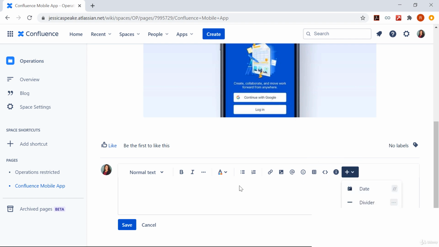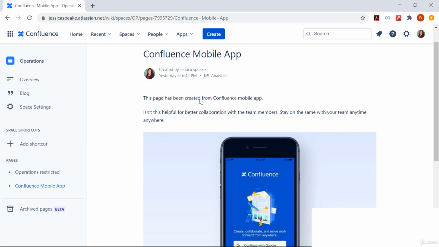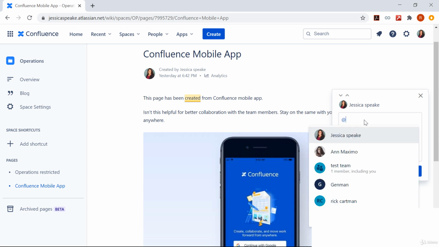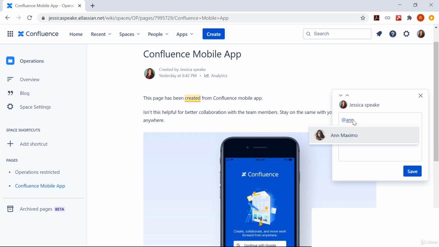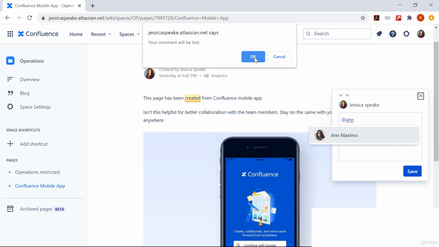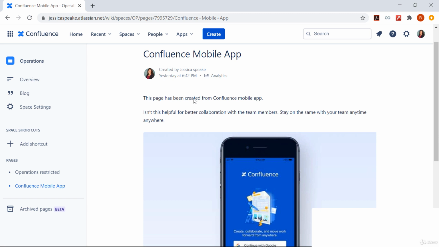And the second option is you can comment by highlighting a text on the page and just select this comment option and insert the comment over here. So in case you want to tag any user, you can do that by just typing at and searching for the user name. So I'm closing it for now. Such a type of comment where you highlight the text on the page and insert the comment is called an inline comment.